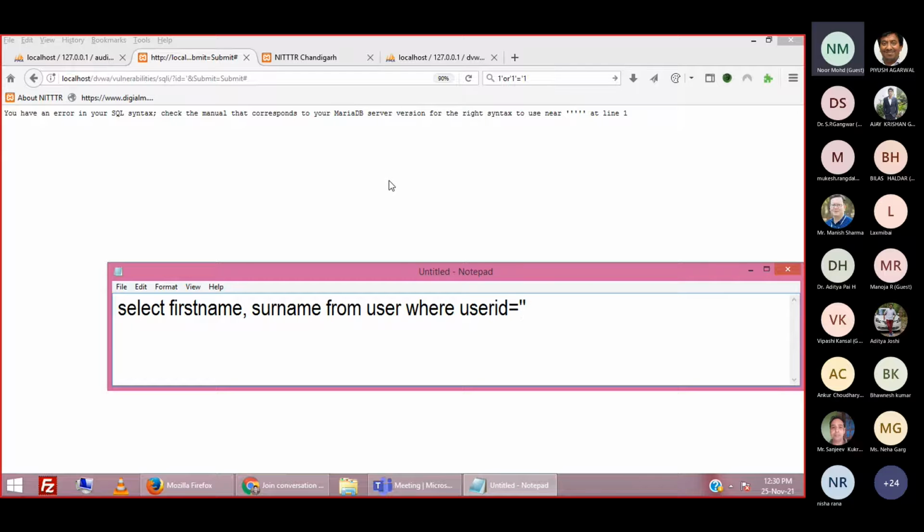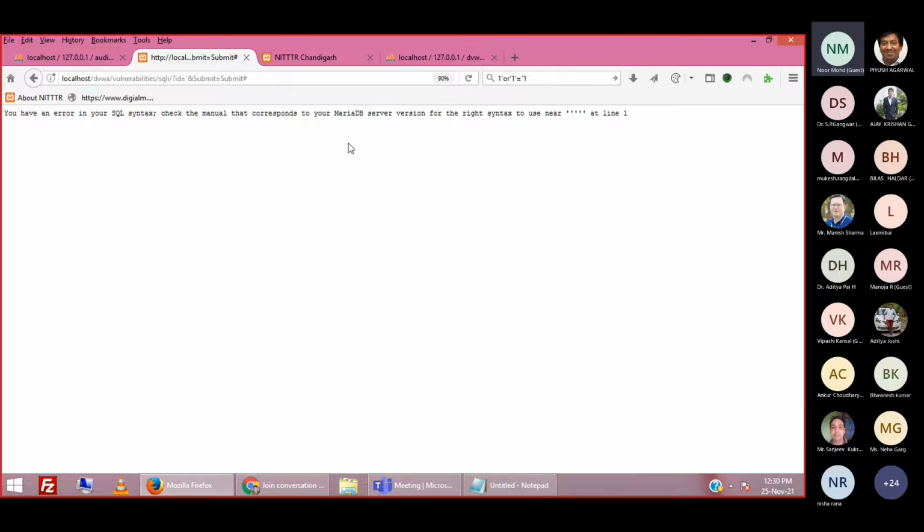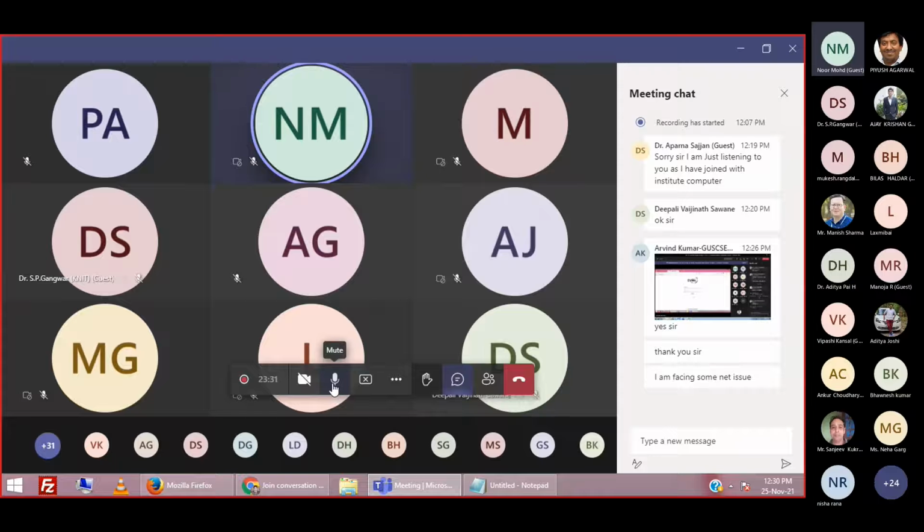If you are learning hacking, this is known as sanitization of input. Your input should be sanitized. All dangerous characters should be sanitized before sending them to the SQL query. Because in this case the developer has not sanitized the input, it is giving an error.